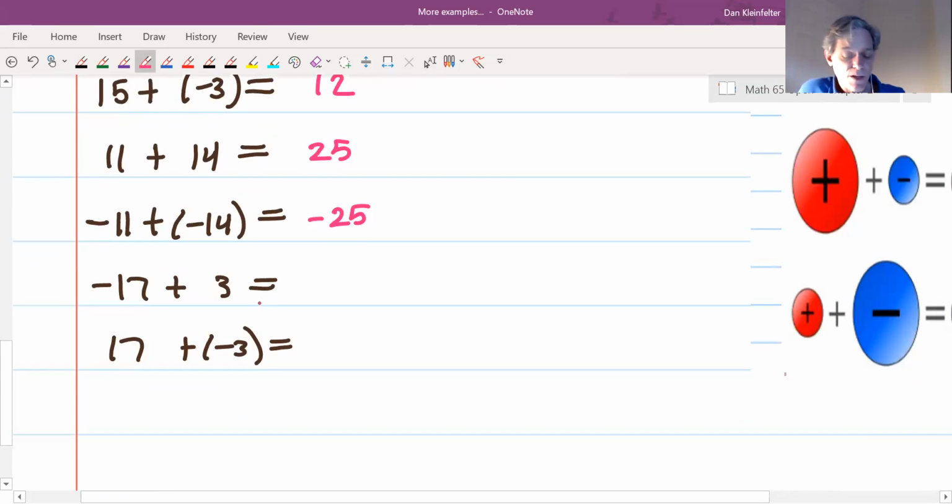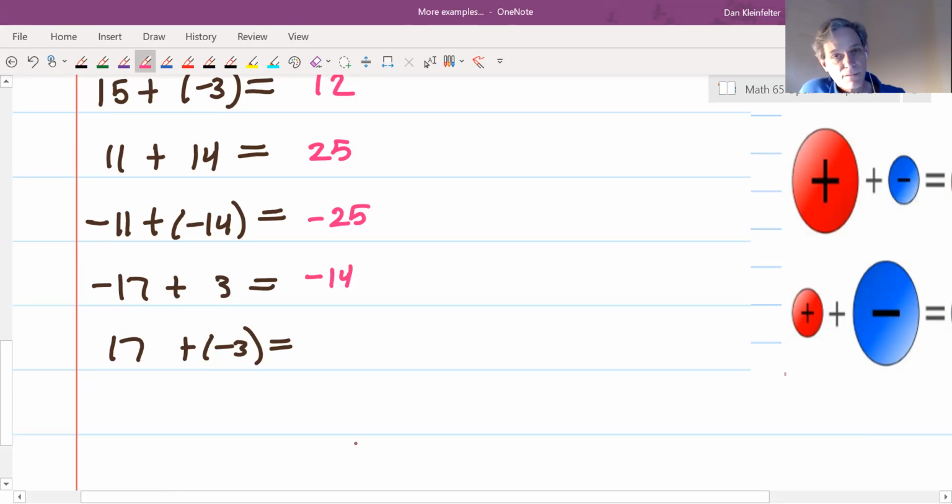Negative 17 plus 3. Okay, so you want to be very careful. Is it negative 20? Is it negative 14? Is it 14, negative 20? What is it? So here we're going to add two numbers that have different signs, so we're going to subtract their absolute values. Okay, so 17 minus 3 is 14. The one with the bigger absolute value is the negative one,